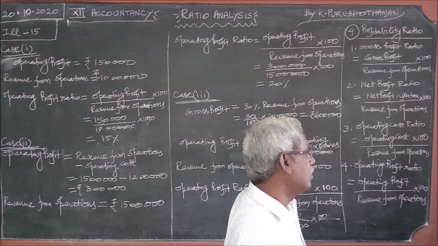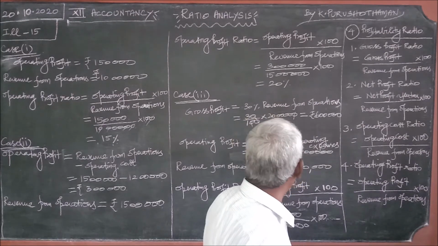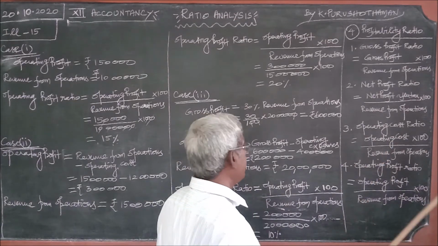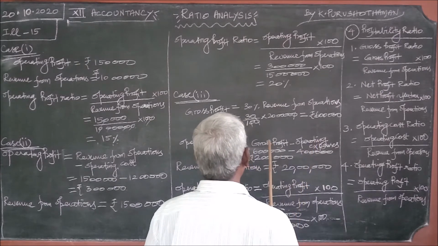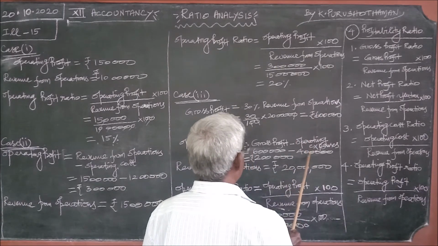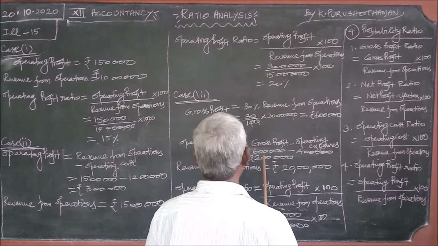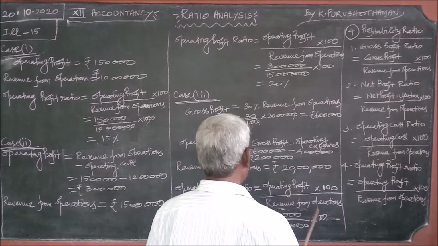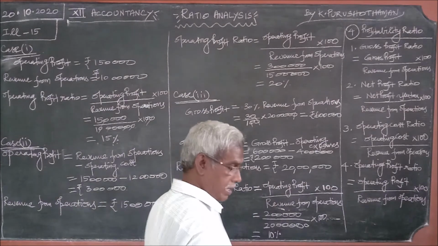If you minus all those things, say for example, if the total comes to 80,000, the gross profit, that is operating profit, will be 2 lakhs minus 80,000, 1,20,000. That is gross profit minus operating expenses. Here in this problem, gross profit we have calculated, and the operating expenses are given in the book itself. So 6 lakhs minus 4 lakhs, it is 2 lakhs. So the numerator value 2 lakhs, denominator value 20 lakhs into 100. If you simplify, you will find the 10%. Okay.